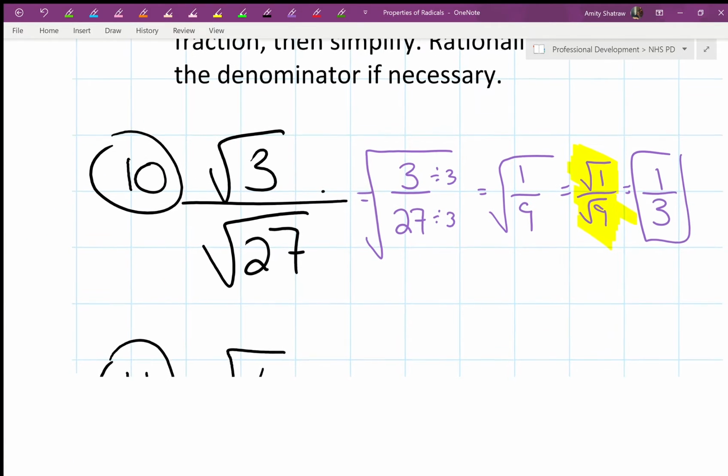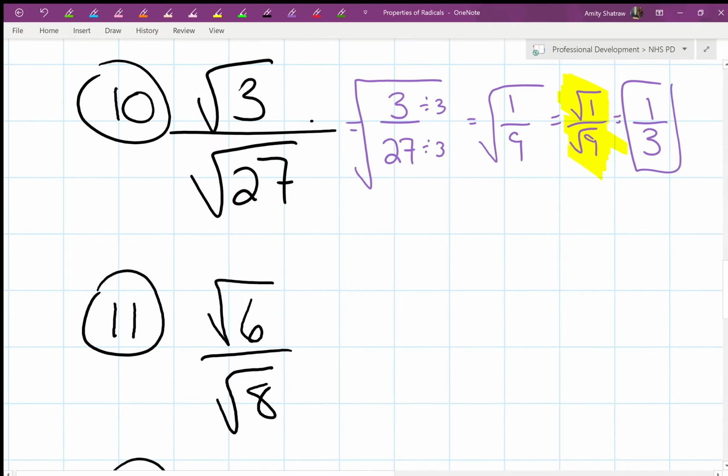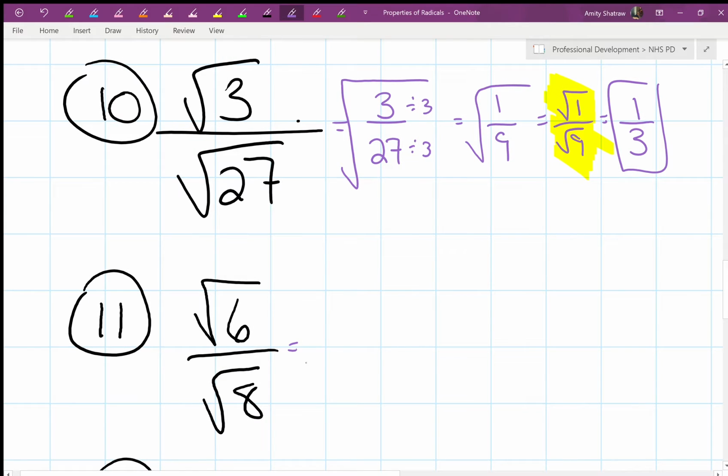All right, so number 11 then. Would it help for me to put these on the same square root? Sure, it would, because 6/8 is definitely a fraction that I can reduce. Both of those numbers are even, so I'm going to divide by 2. I'm going to say that this is really 6 divided by 2 is 3, and 8 divided by 2 is 4. And I'm thinking about it, separate